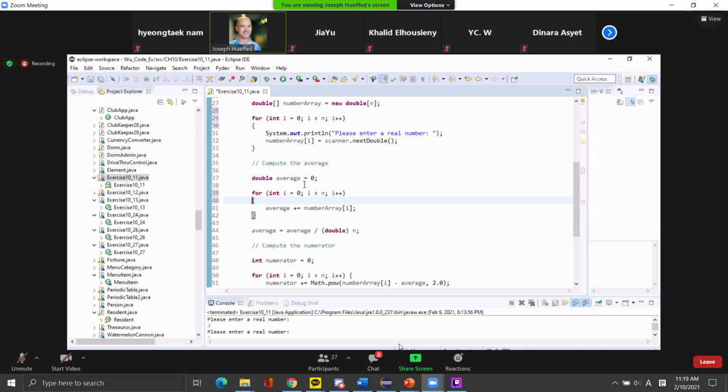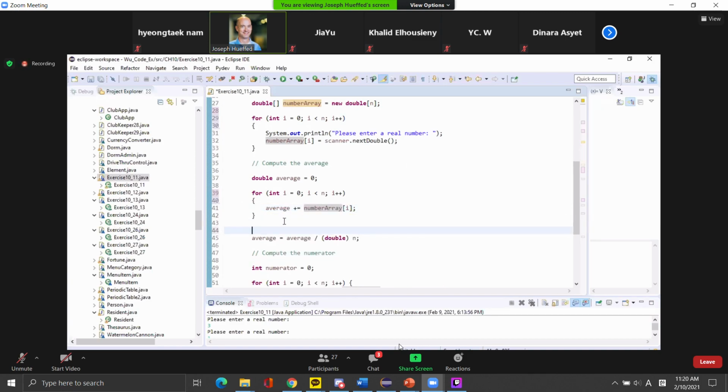So they loop through: for int I equals 0, I is less than n, I plus plus. And they take the value in the array at position I and add it to the variable average. As they loop through, this is producing a running total. So when they get to the end of this for loop, now you have the grand total of the values. And then they calculate the average. So average equals average divided by